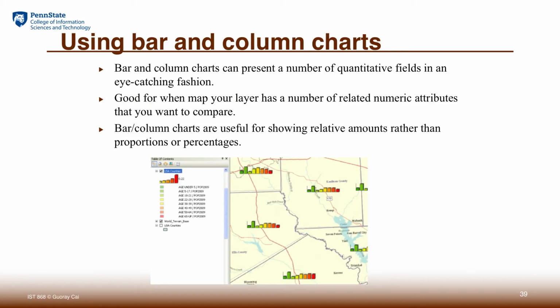Bar charts or column charts have another function to play. In some data sets, you may have a number of attributes that are closely related, and there's a need to compare them side by side in terms of magnitude. So bar charts convey that message very well, but this is more like comparing features along multiple dimensions of the related attributes.